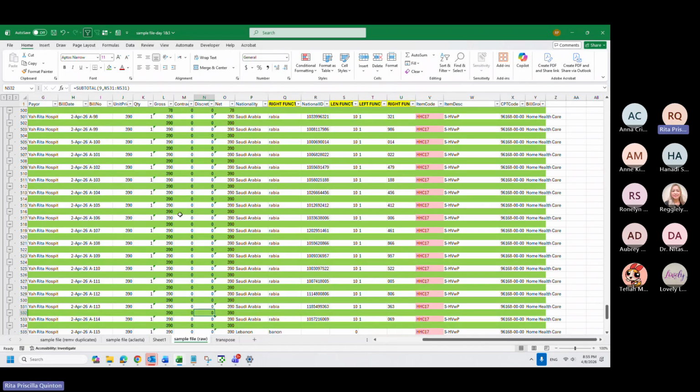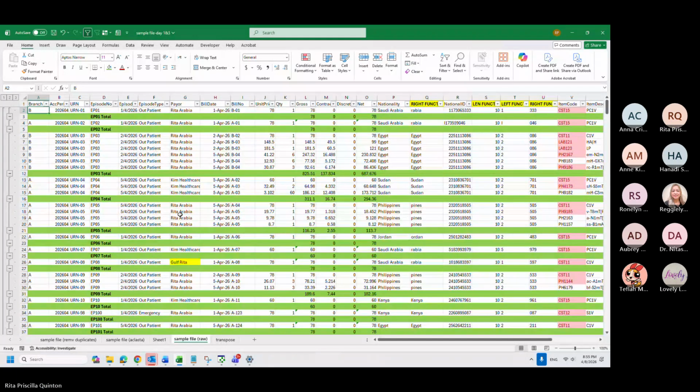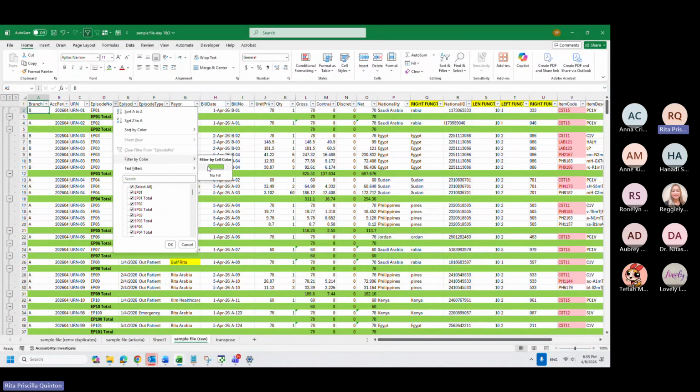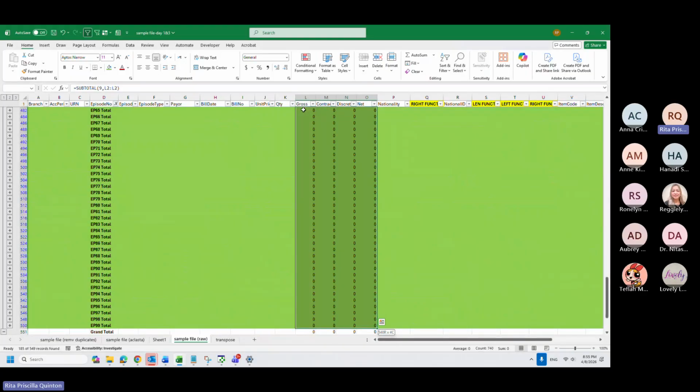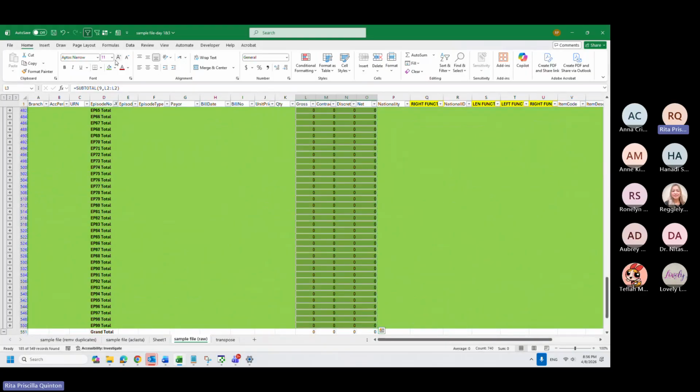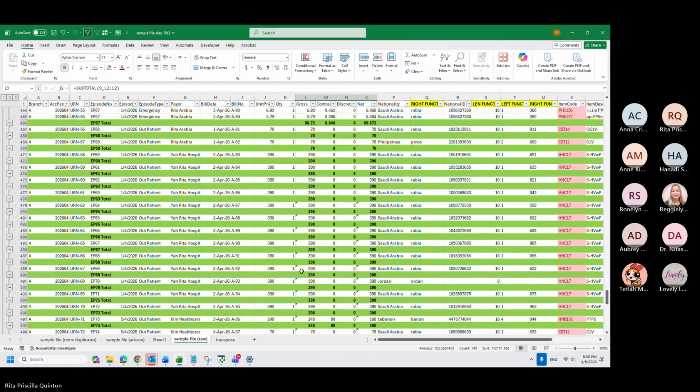If I clear my filter, it will look like this. If you want them to be also bold, you can also apply formatting to those in bold.